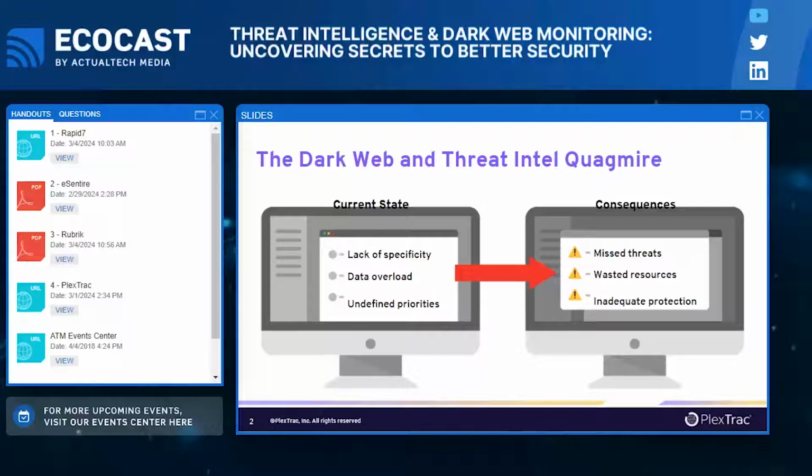And the wasted resources is a massively big one for me on the consequences side. The amount of organizations from public to private that I've seen hunt down and figure out that really the dark web or possible attack coming from hacker discussions have been false, or they've been misunderstood in some way, or they don't really apply to their most protected resources. And what I've seen is that really talented folks are trying to validate it, but they don't really have a standardization around it. They don't have a way to track it as well.